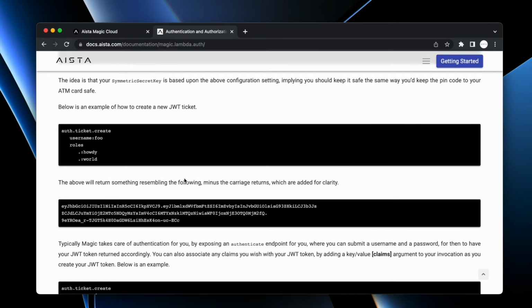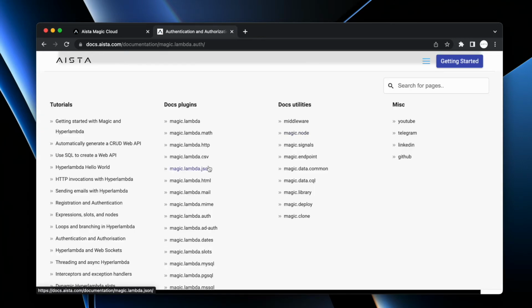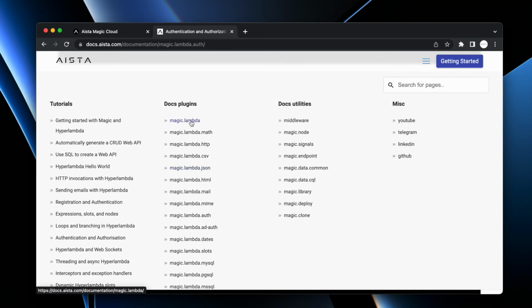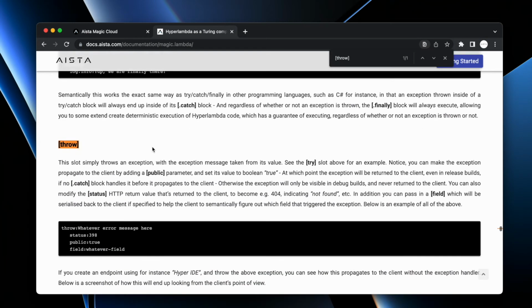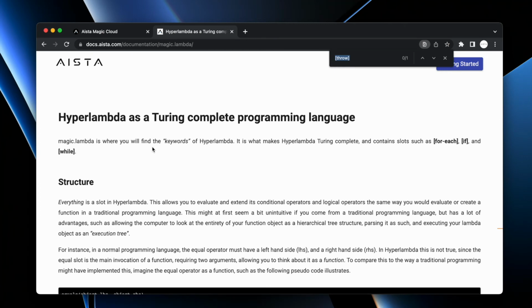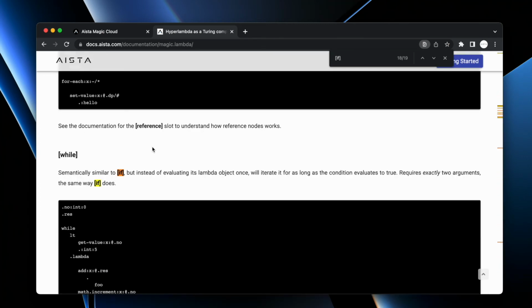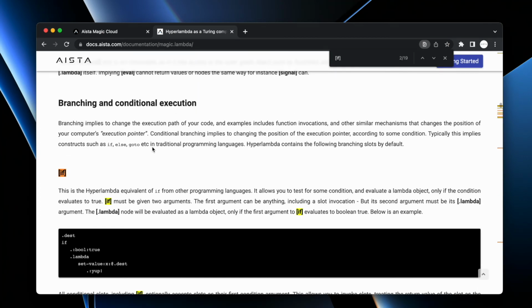Second of all, I want you to do something that I haven't even shown you, which you can find in magic.lambda here at the top, which is I want you to use the throw keyword. Why? Because if the password is wrong, I want you to throw an exception. Second of all, you are of course going to have to use the if slot to check to see if